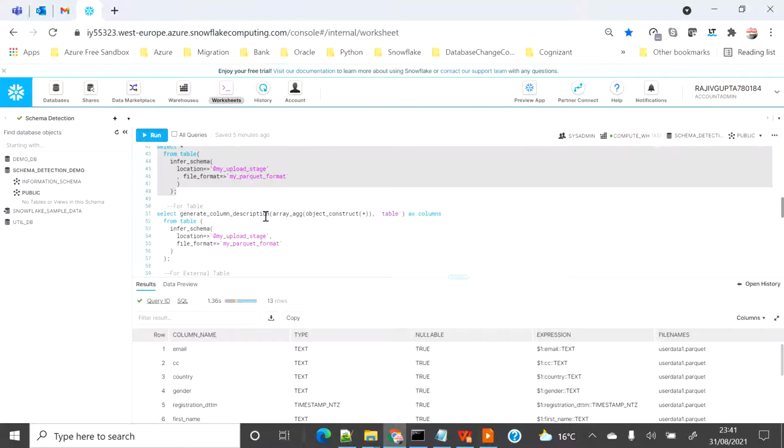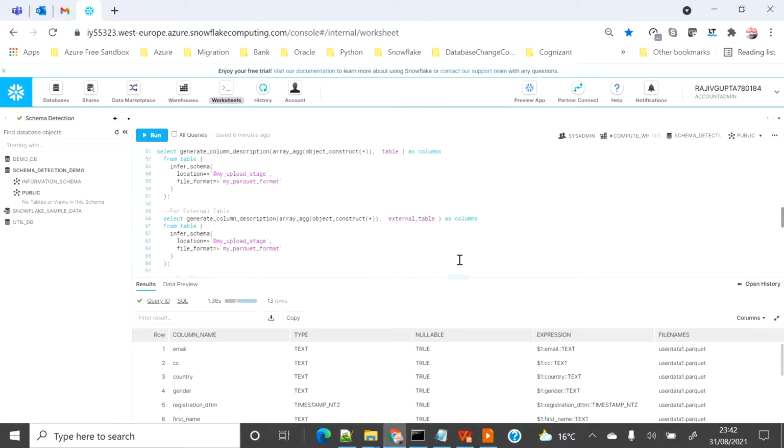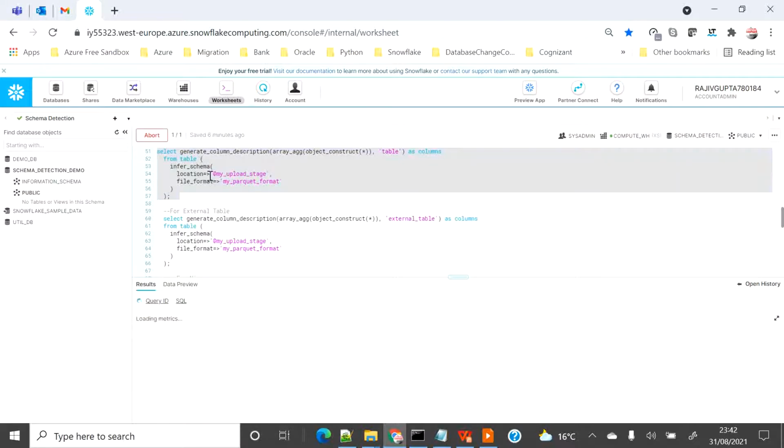So the second feature or the second inbuilt feature they have created is generated column description. So basically this column will give you the list of the column based out of the formatting you want for the object you want to create. So basically this will not give you the create object statement, rather it will just give you the formatted code for all the list of the column. So you can either format the list of the column based out of table object or external table or view. So when you execute, you will find three different output. So let's create this, execute this, and then see what kind of output.